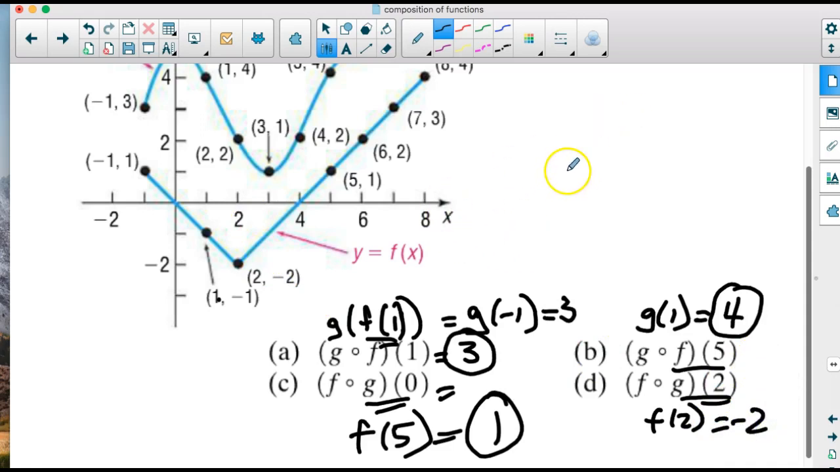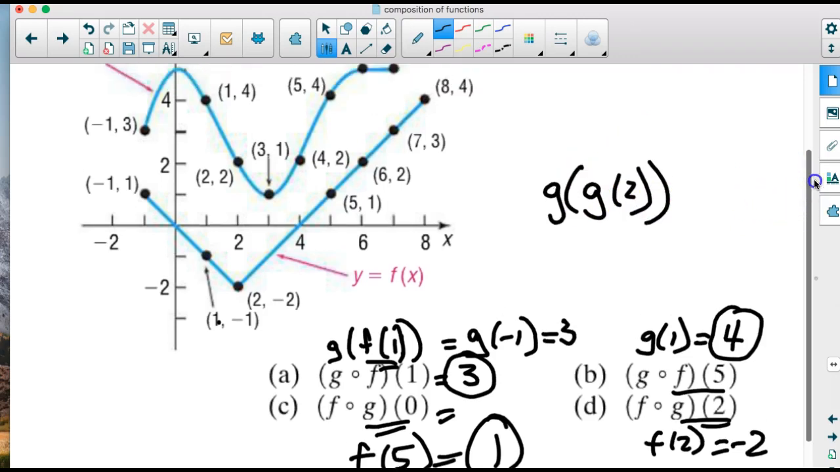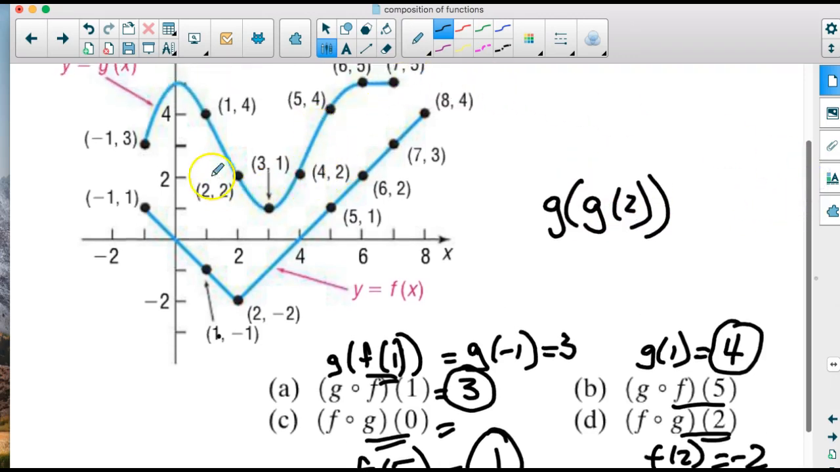So we can also sometimes evaluate the same function twice, right? If we do, for example, g of g of 2, that means we're evaluating g twice. So we're going to use this graph twice. So we're going to go to 2, we evaluate 2, that's in this case still 2, so this is going to be 2 again, and then g of 2 again is 2, so that's not very interesting, let's try g of